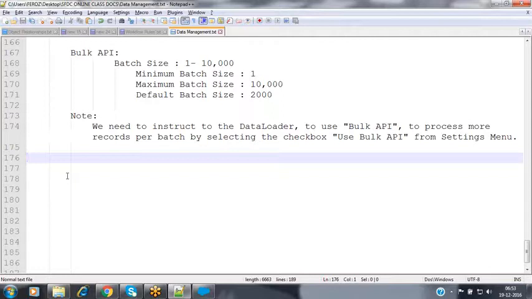So now, in order to log in into the data loader just by using the username and the password, we have to configure your Salesforce instance at the profile level permission with that login IP ranges. Already you are aware of what the login IP ranges are. Nothing but we have to specify the trusted network ranges, a starting IP address and an ending IP address. Now, whenever you are logging into that data loader from a system, if that system is available inside that network IP range, then we can log in to the data loader by using username and the password. No need to provide any security token. This is a common question in every interview.